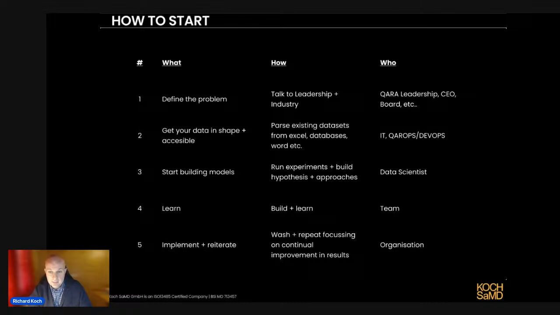Do that with your whole team now. You should have a team. Your leadership should be engaged, your quality department engaged, your IT guys, your data scientists engaged. And eventually, hopefully, you'll find a good solution where it's worthwhile actually investing in permanent AI/ML infrastructure. Implement and iterate, wash and repeat, and just look for continual improvement in your current models. Look for new results, etc. And for me, I really think this is the future.